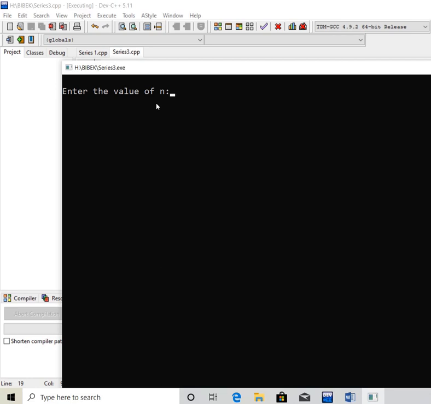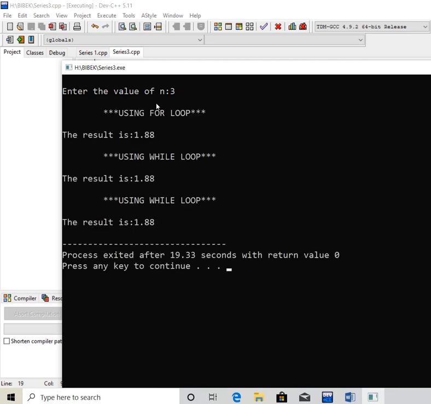Suppose I am taking the value of n as 3. 3 means 2 to the power 3, that means it will print up to 1 plus 1 by 2 plus 1 by 4 plus 1 by 8. So using the for loop the result is 1.88, using the while loop the result is 1.88, and using the do while loop the result is 1.88. Okay, now I think this much is clear.